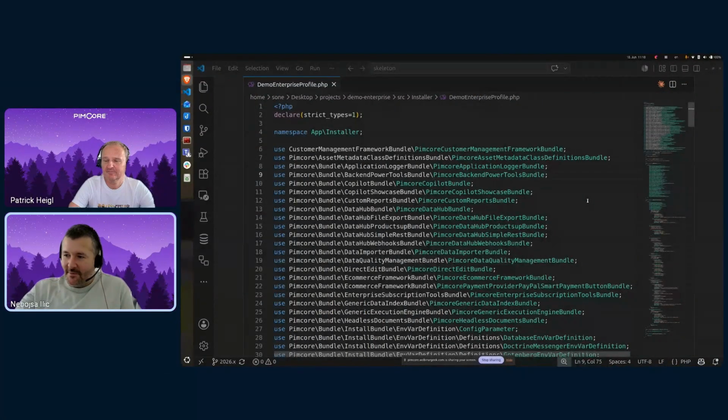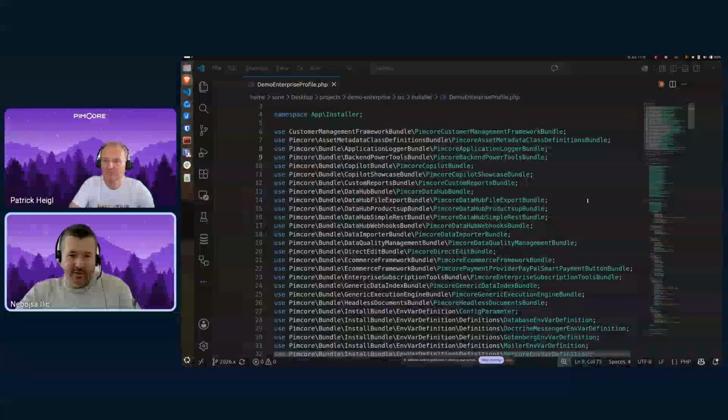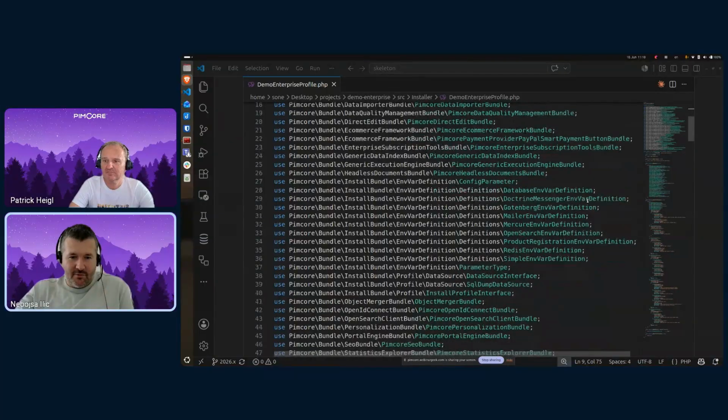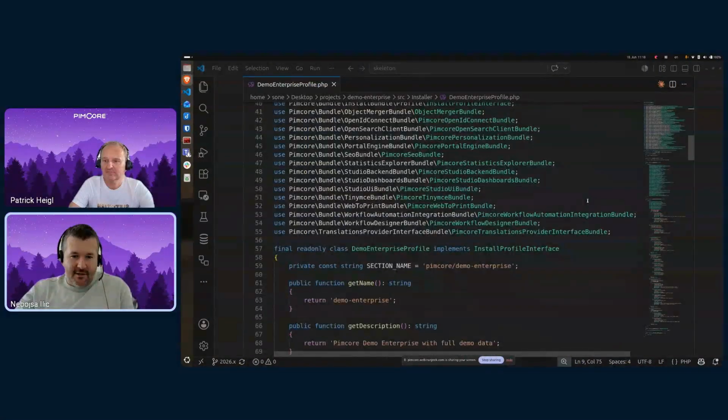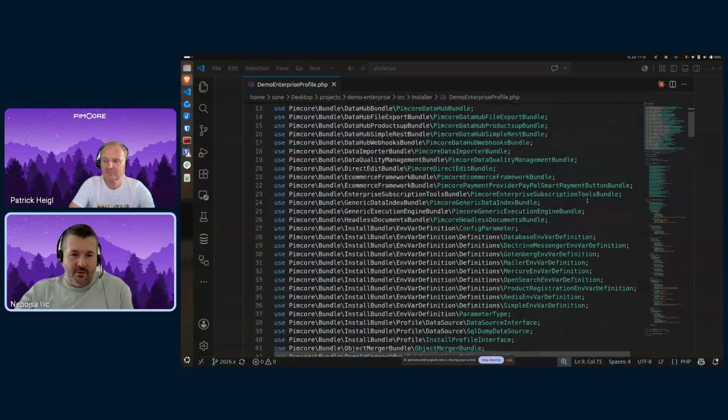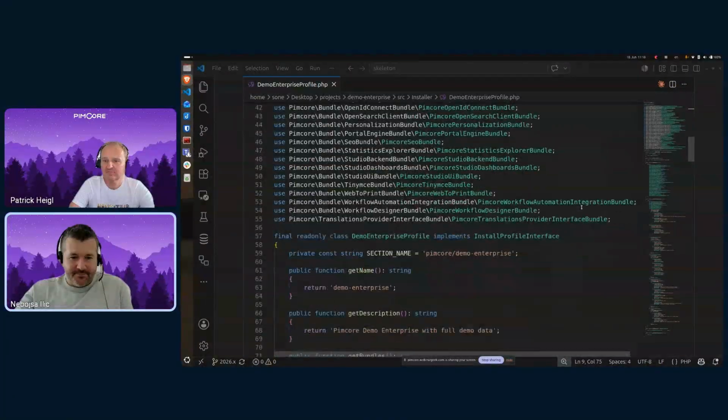Hopefully it's there. So basically what we are seeing now is the installer profile for our public demo, which I hope many of you already know. It contains a set of our enterprise bundles together with the public bundles that are already available for the community, and it basically shows how you can bundle everything together for this kind of installation. So you list all of the bundles that you want to use, and then